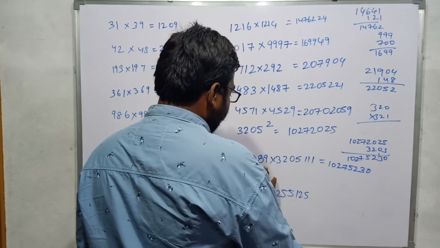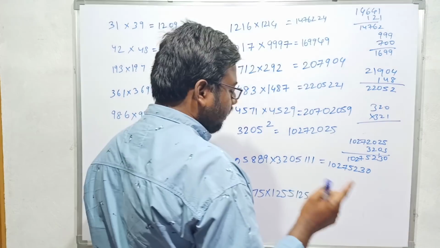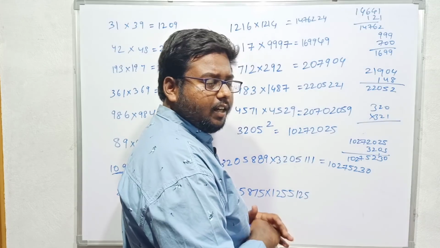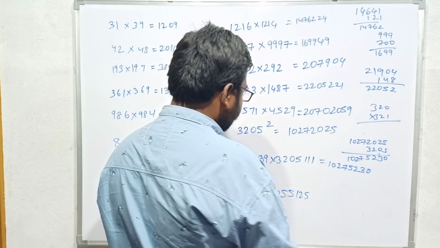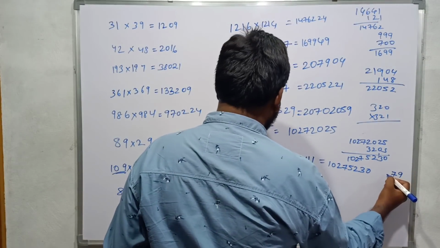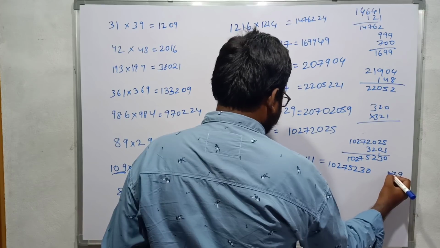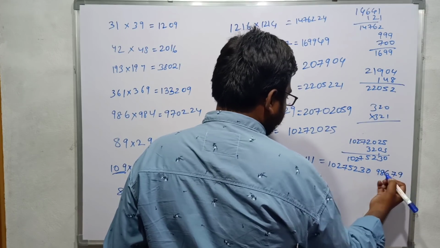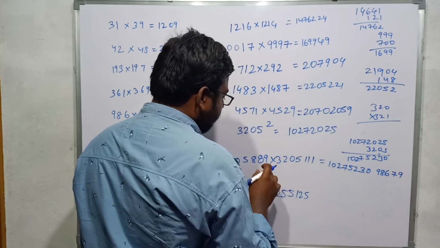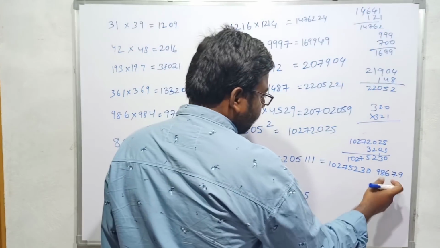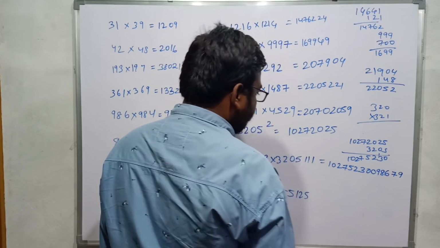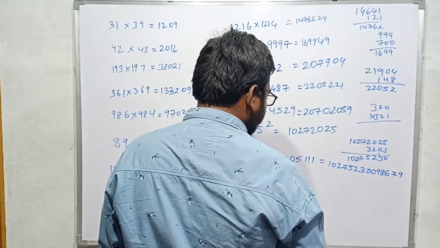And if I have to calculate 889 into 111, I am calculating on the basis of multiplication with series of ones. We will discuss that in detail in upcoming videos. So if I have to calculate that, 9, 7, 5, 6, 8, 9. So this is a 6-digit number. This should be a 6-digit number, but only a 5-digit number is coming. So I will put a 0 here so that it will become a 6-digit number.